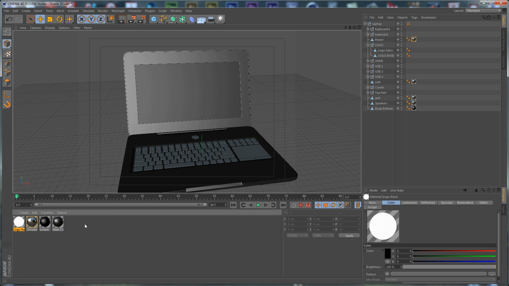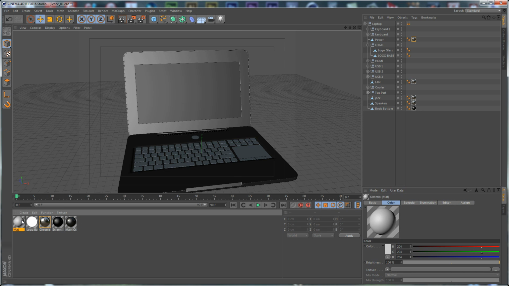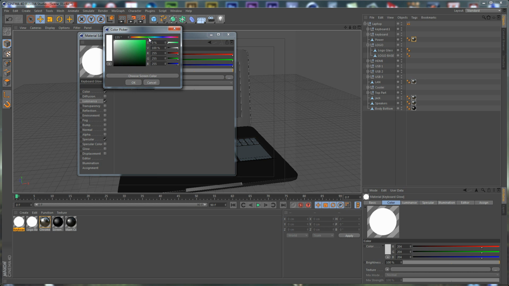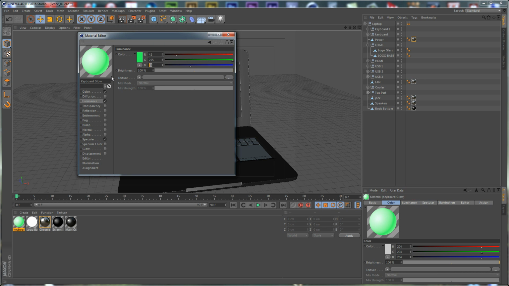So let's double click to create another material, and let's call this one, let's see, keyboard glow, and let's enable the luminance channel, and let's set the color to something like a green color, maybe remove the blue, something like that, and let's increase this to a pretty high number, and let's remove the specular,